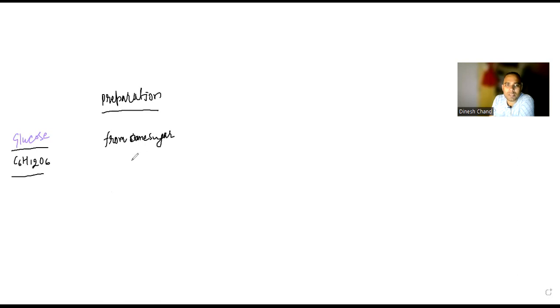Student, you must be knowing cane sugar or sucrose. Cane sugar and sucrose are almost the same thing. The sucrose formula is C12H22O11. What you need to do is add a water molecule, H2O, to the sucrose, student. So what will happen? It will hydrolyze in the presence of acid, and it will give a compound like